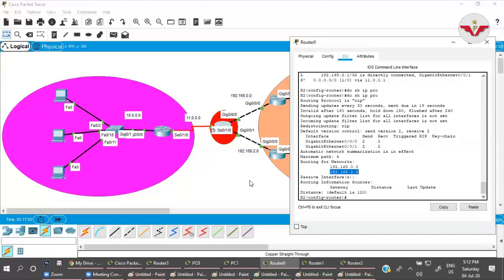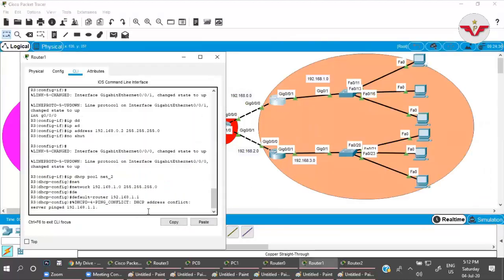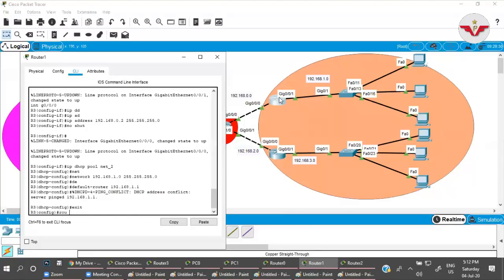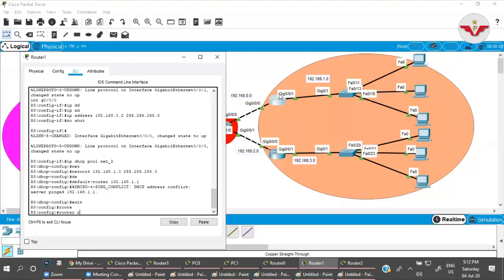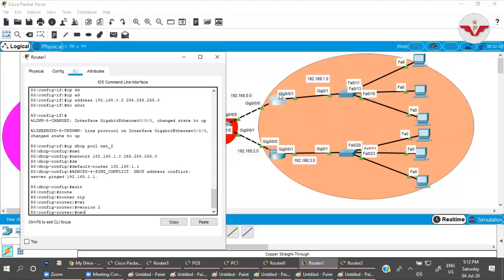Now let us come to this router, R2. Same thing I have to configure. Router rip, version 2, network.